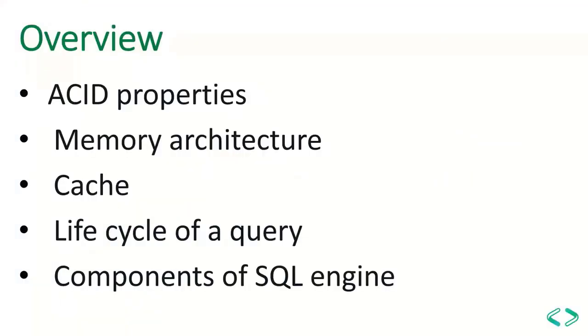So what are we going to discuss in this session today? We are going to see the basic ACID properties of transactions, like each and every transaction for the relational databases should ensure the ACID property. And we are going to see a very simple example ensuring this ACID property. We are also going to see the different types of memory components we have in the memory architecture of SQL Server. In this particular session, we are going deep into the plan cache and the buffer pool and how these caches get managed inside the SQL Server.